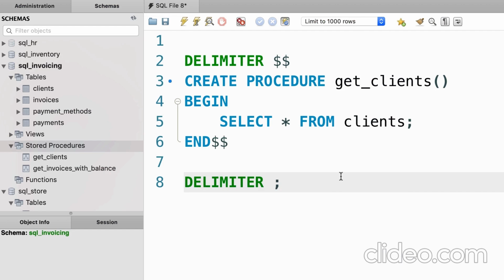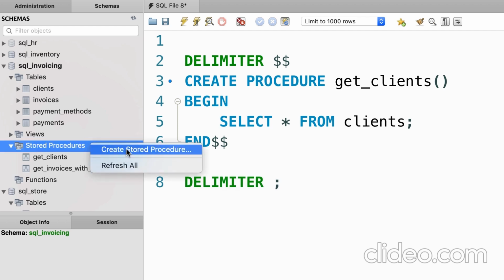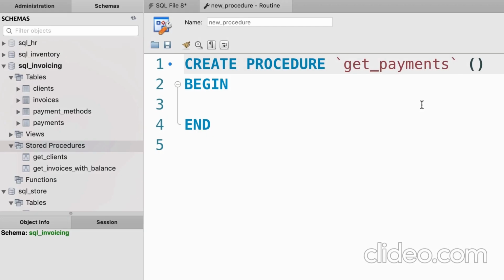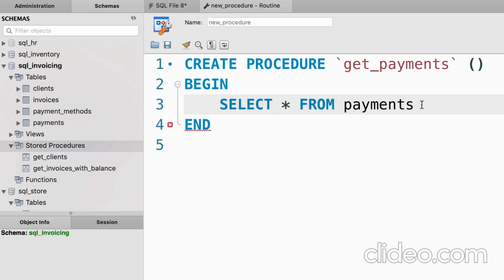Now you might think that creating stored procedures is very tedious in MySQL because we have to change this default delimiter every time we want to create a stored procedure. So let me show you an easier way. Here in the Navigator panel, we can right-click on the Stored Procedures folder and create a stored procedure. Now in this window, we don't have to worry about changing the delimiter. We just focus on our SQL statements. So let's give this new procedure a name, like get payments. As I told you before, MySQL by default adds this backtick character, and this is to prevent a name clash with SQL keywords, okay? So here we simply select everything from the payments table, and we should terminate this statement